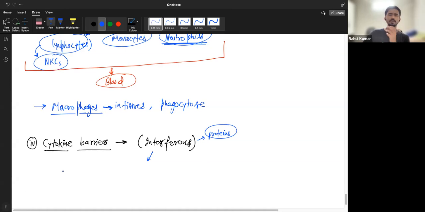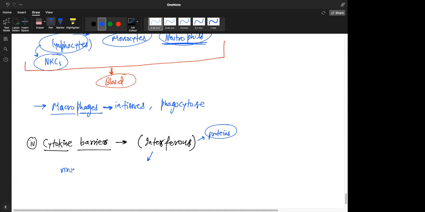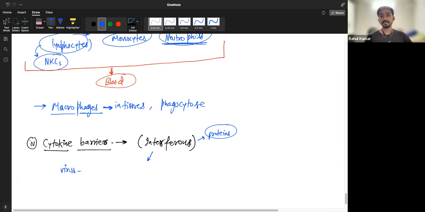Write down virus-infected cells. Sir, do these interferons signal other cells or do they attack the virus? They don't attack viruses. They just tell other cells that a viral infection has happened. So be aware, protect yourself, do not let the virus in. They may also give some information about the virus that's there, but we are not sure. It's a topic of research.